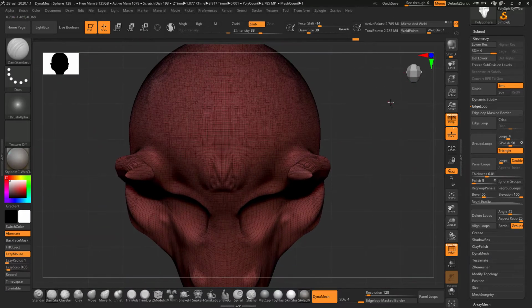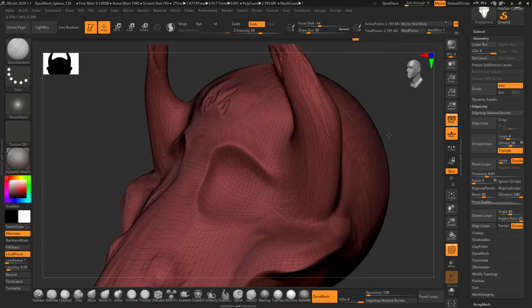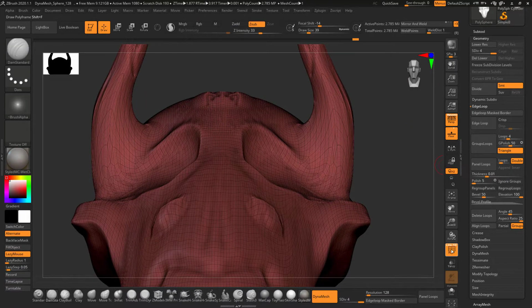So I'm unnecessarily adding resolution to the area where I don't need it,